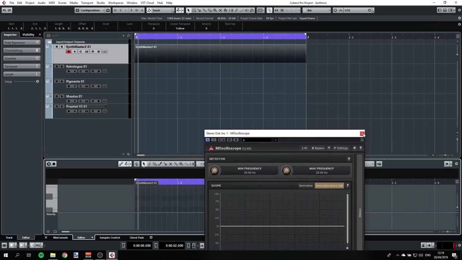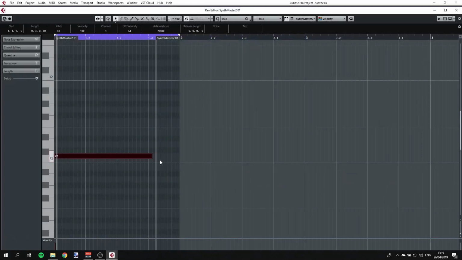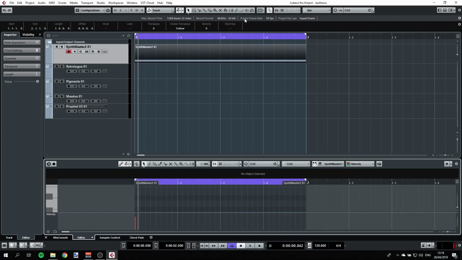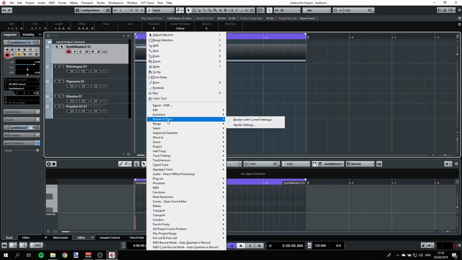I'm going to just draw a C note, and we'll play it. Nice. Now if I render this, and I can do it with Cubase very easily, render in place,